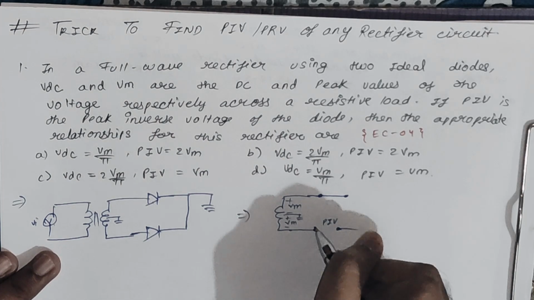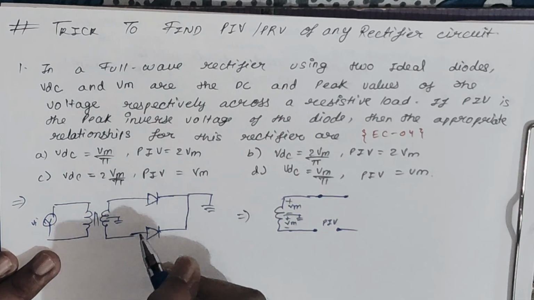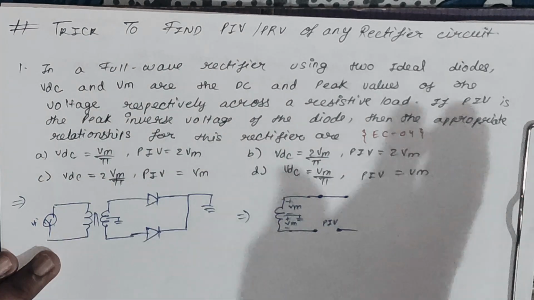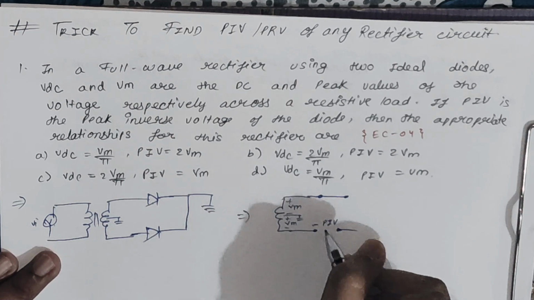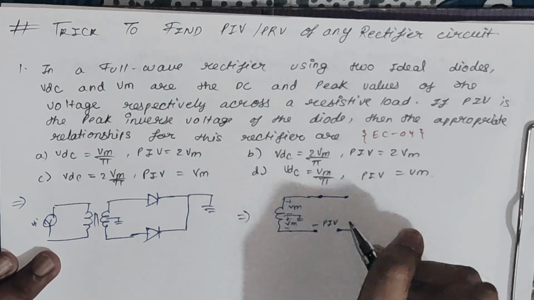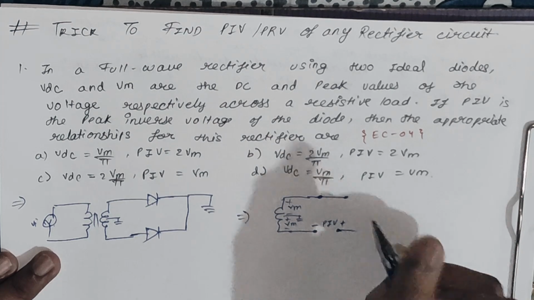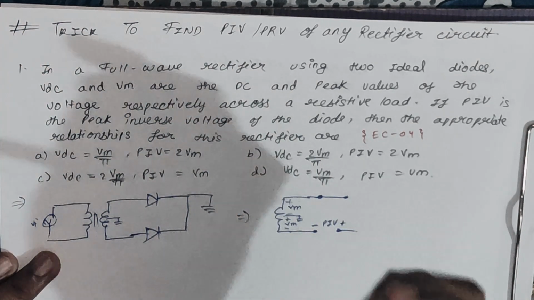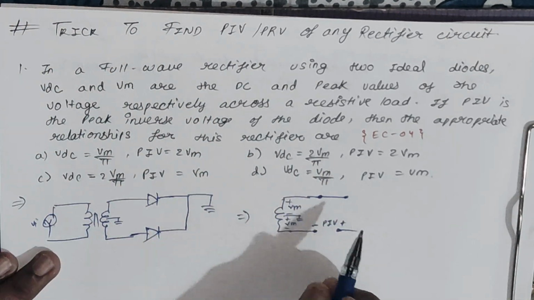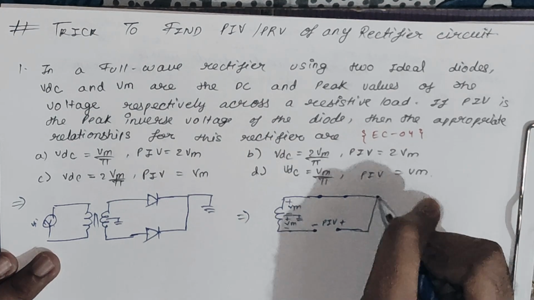Okay, so here you can see if it is positive, then it means that anode is getting positive, but it is not the case. Okay, so here we will get the negative, then only this diode is going to be in reverse bias. Okay, so we are considering minus plus here. Okay, always you have to consider that polarity at which the diode will be in reverse bias. Okay, and this will be connected to ground.